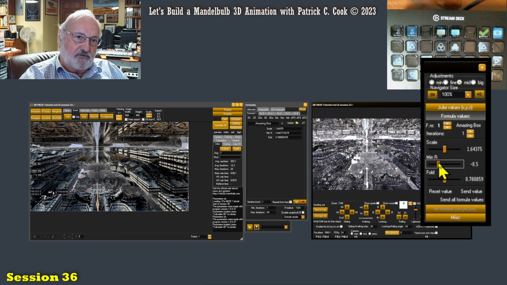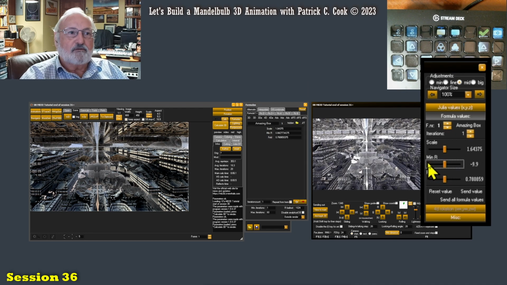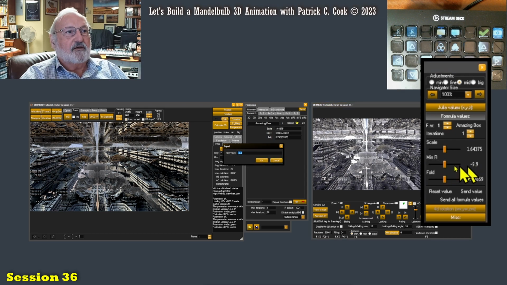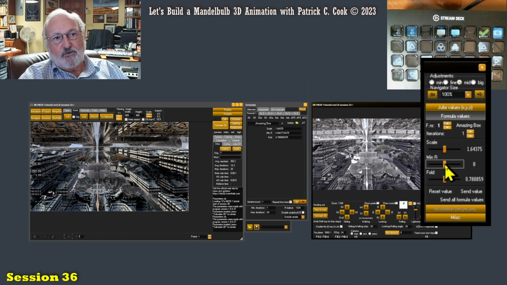Come on, get down there. There, okay, we're in the negative now. Look at this. It's not really having much of an effect down here. I'm already at negative 5.4, you see. So I have effectively found where this particular property begins to have an impact on the scene. I'm going to put that back to 0 again. So I know now from experimentation that this min R property of the first amazing box formula slot